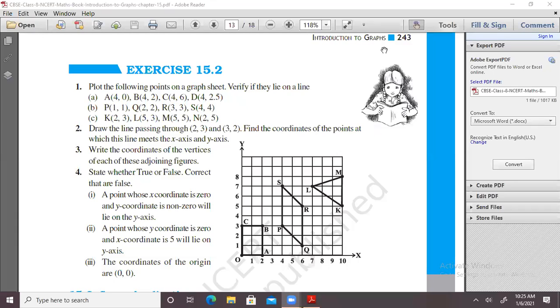Third question is, write the coordinates of the vertices of each of these adjoining figures. Here you have given 3 figures. You can see here कि आपको यहाँ पे figures given हैं. आपको इन सभी पॉइंट्स के कोऑर्डिनेट्स बताने हैं, ए बी सी के, पी क्यू आर एस के और एल एम के। ठीक है,